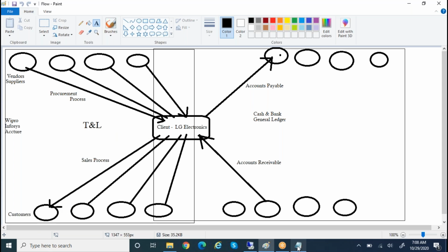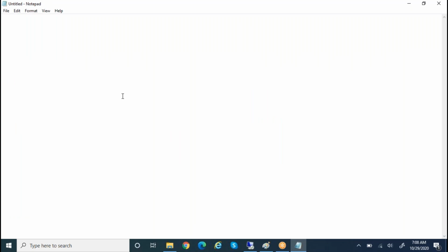So we are going to understand the purchase order process.